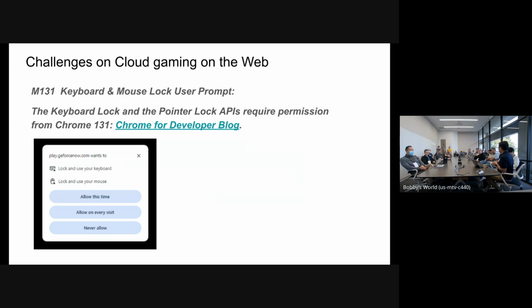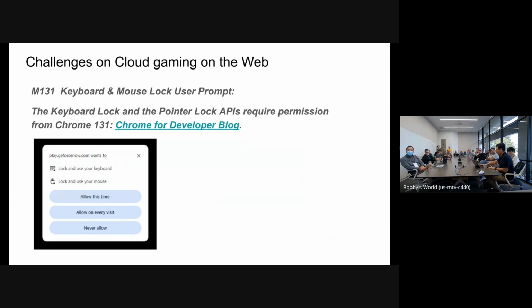For cloud gaming, this required some UX changes because, like I said, if the user clicks never allow, it doesn't control any UI. We need to do something. We need to make some UX changes, guide the customer, and make our own knowledge base. But one month wasn't enough, so I asked Rick Bias, we need more time. And luckily we got 131, so we have one more month.